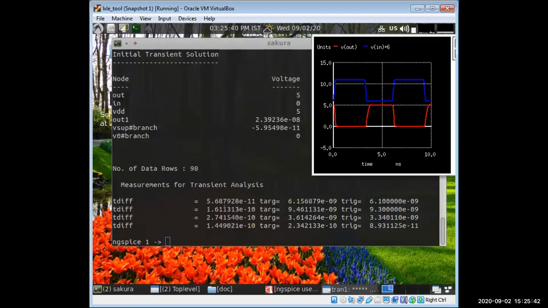Same, but 162, it's correct. 161, yeah, it's correct. Okay.